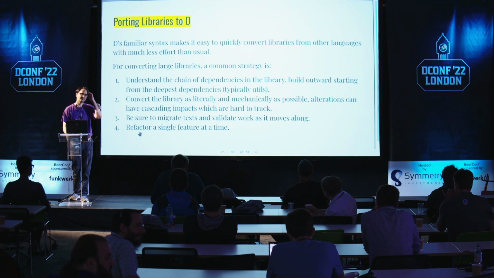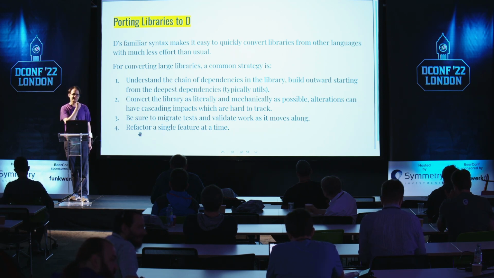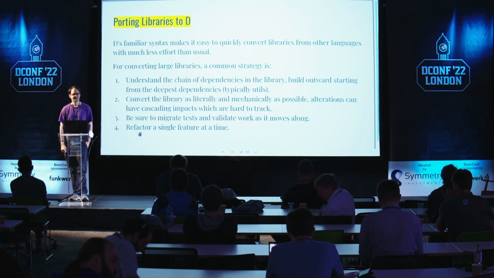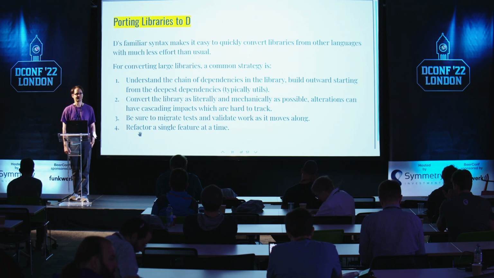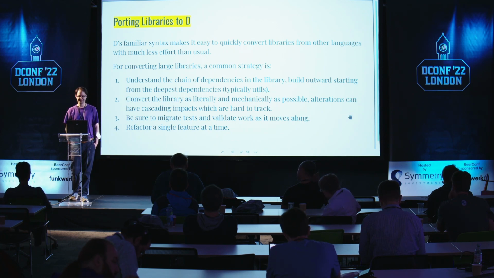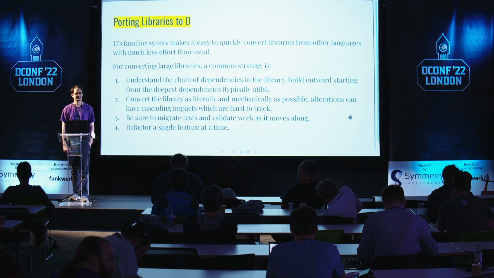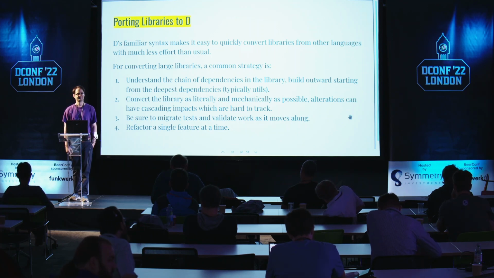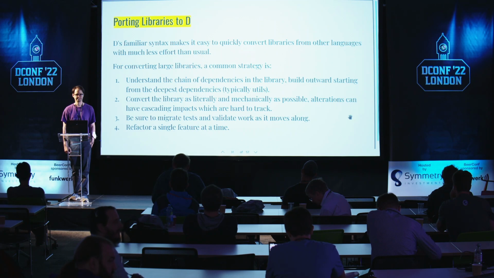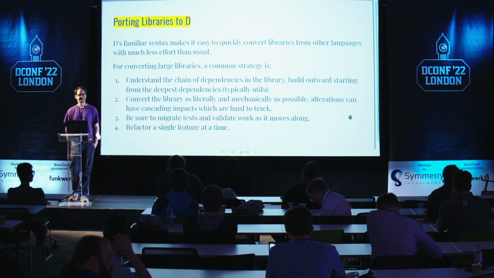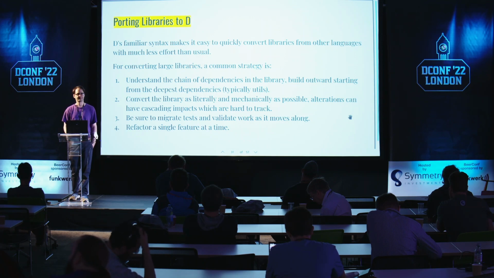I've done a lot of work porting code to D, and it's not possible if you don't have a test suite. Exactly. And the way to convert the code is you convert one module or one file at a time, and then you get it to pass the test suite. Exactly. And if it doesn't, and you want to track it down, you go down to converting one function at a time, and then pass the test suite. And what that does is, when it doesn't work, you have only a very small amount of code to look at to see where it went wrong. And I found this to be a very successful approach.